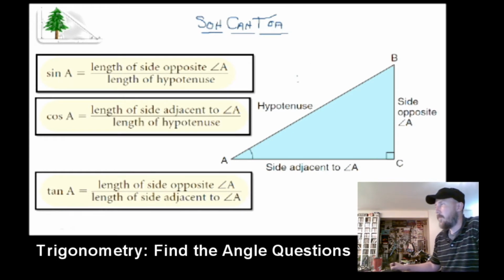We also got to remember how to label this stuff. Hypotenuse is across from the 90. Opposite is across from the angle in question, the angle that we're dealing with. Adjacent is the leftover side. Okay? We're going to do some